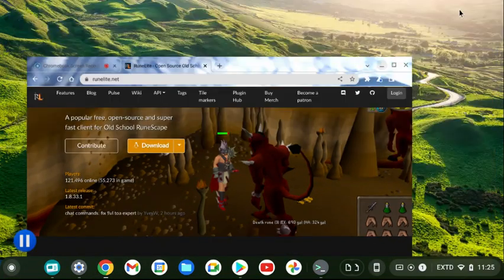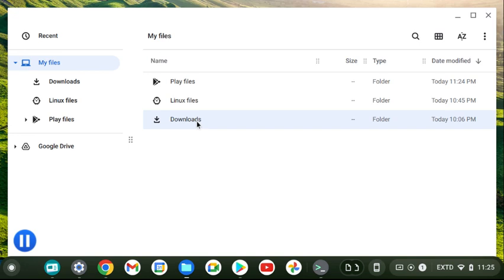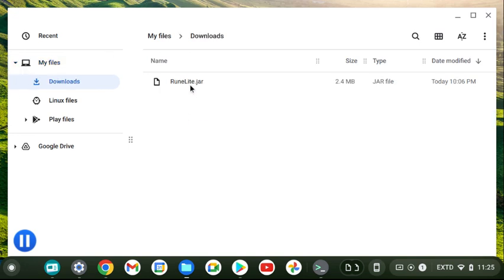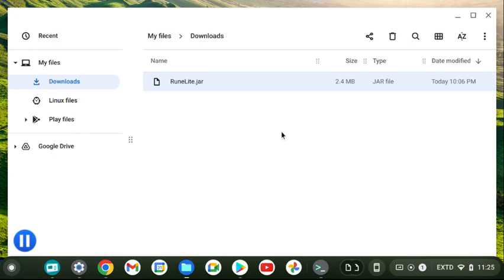So once you download RuneLite, you want to go to your files. You're going to see in your download section the RuneLite jar file. This is what happens when you try to run it by itself. This file type's not supported. And this is the issue with Chrome operating system. So to be able to fix this,